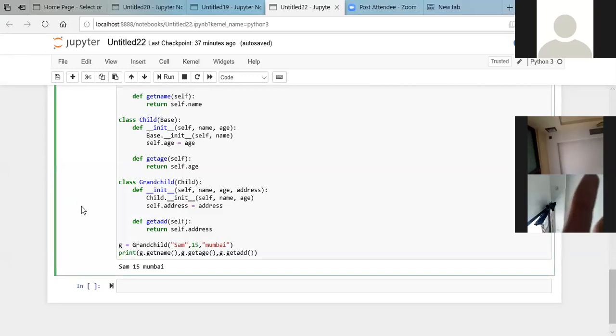Prathamesh, sir, can we return a value in the init method? See, this init method is basically used for initialization. It is not used for returning. It's basically for initialization of the variables or attributes of the different objects. So it is not used for returning anything. Generally, it is used for initializing, as the name suggests. Init is for initialization. It does not return anything.